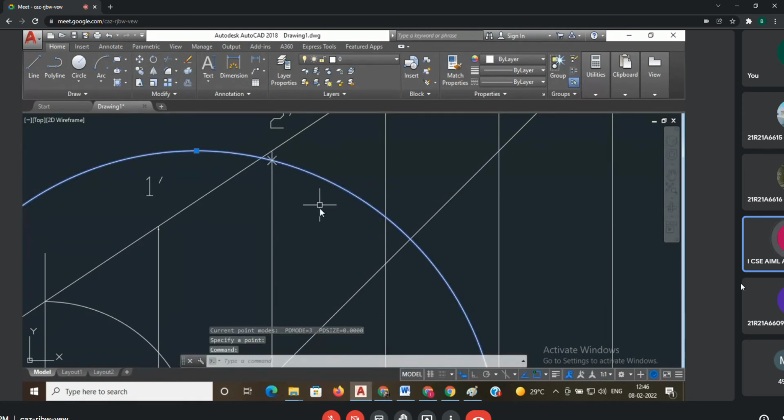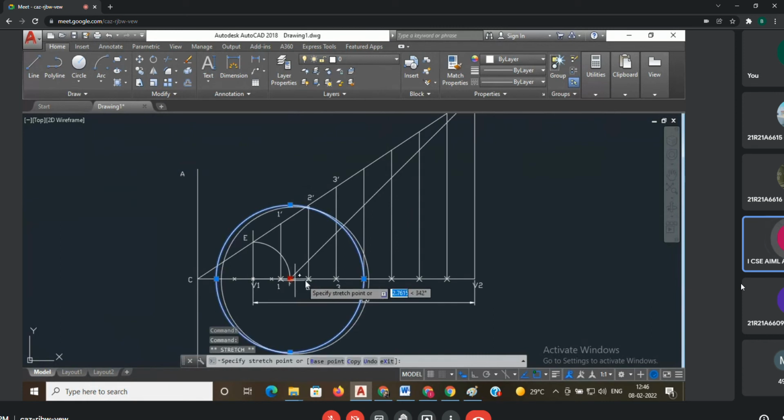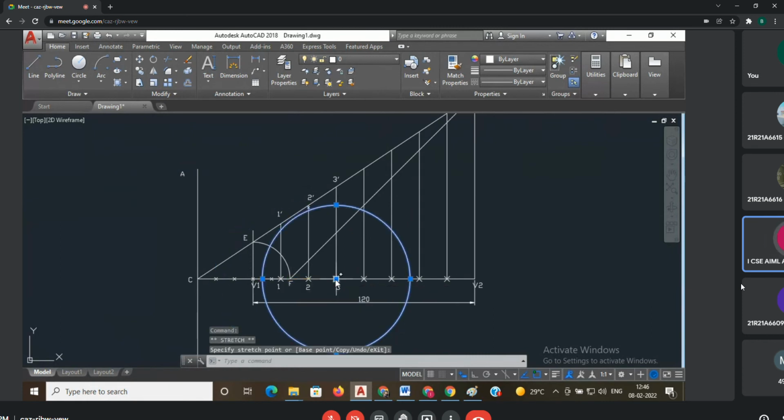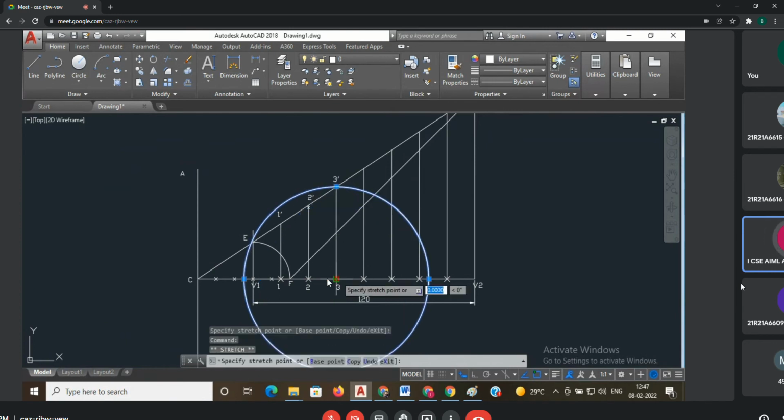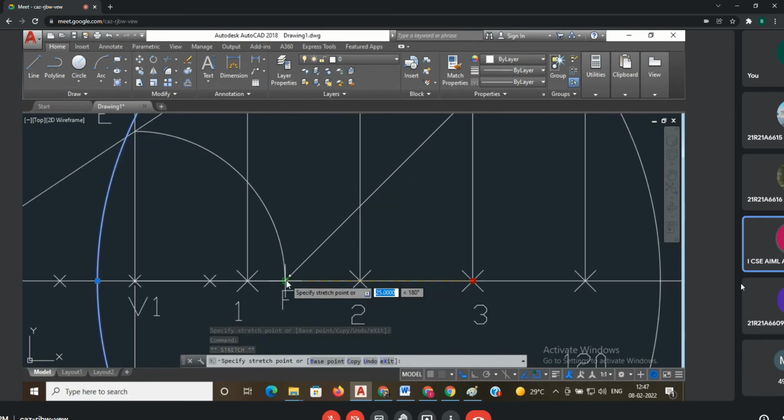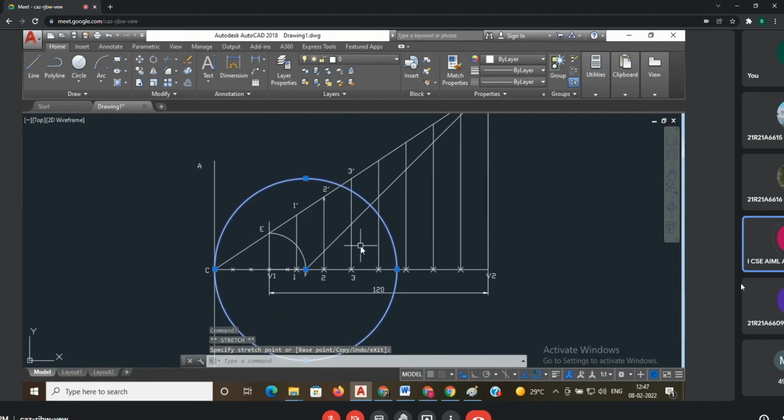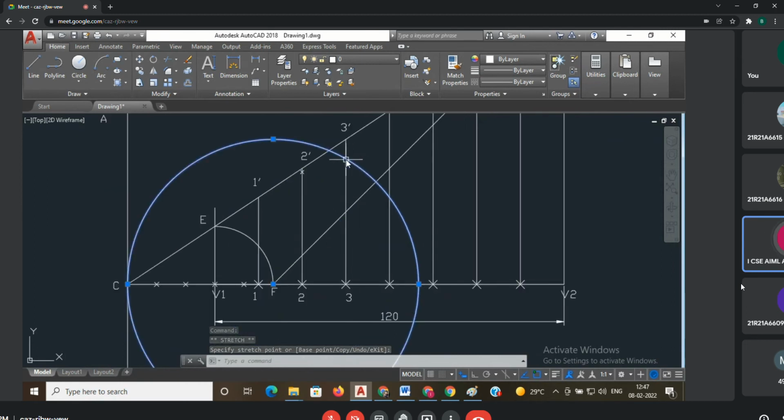Next, again shift the center from F to 3. Now it is the 3rd point. Then increase the radius to 3 dash. Then again shift this center from 3 to F. Now check the 3 dash, where it is intersecting, somewhere here.